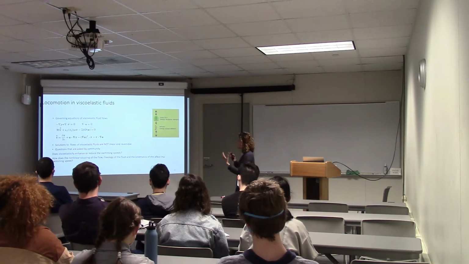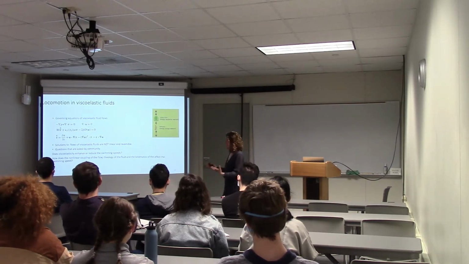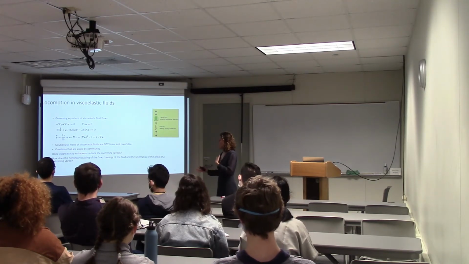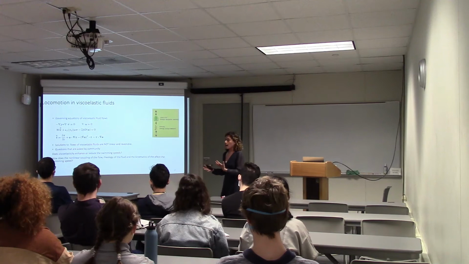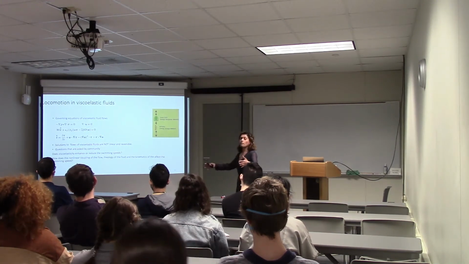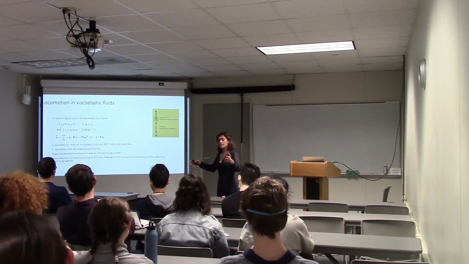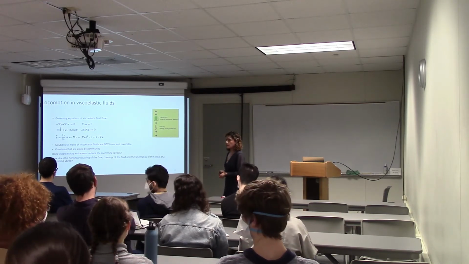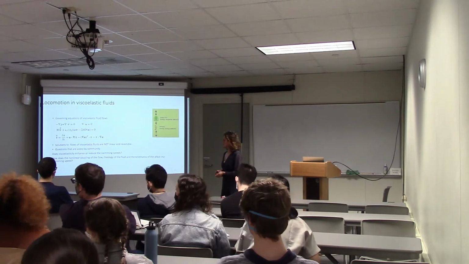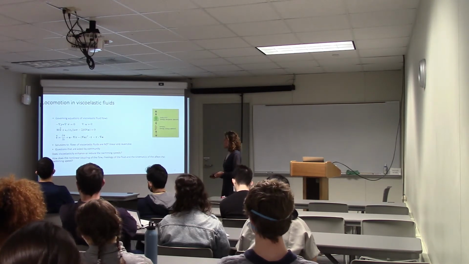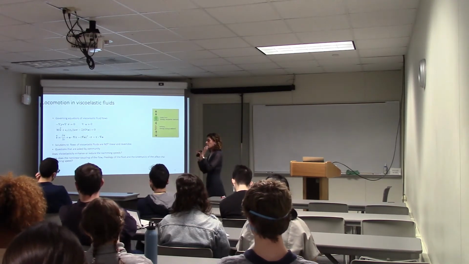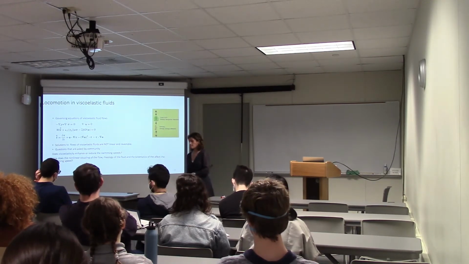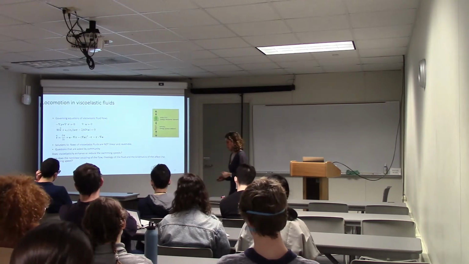And so because of that, the main questions that were raised by the community were: does viscoelasticity enhance or reduce the swimming speed? What is the nonlinear coupling between the kinematics of the gait and the rheological behavior of the fluid, and so on and so forth? Yes? What exactly is that triangle thing? Is that like the convective? This is the upper convected Maxwell derivative. It's like you put your frame of reference on the fluid element and you move with it and rotate with it. Okay. Because the deformation is very large here.